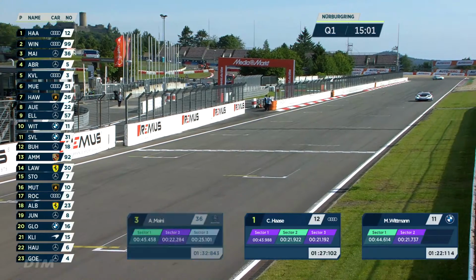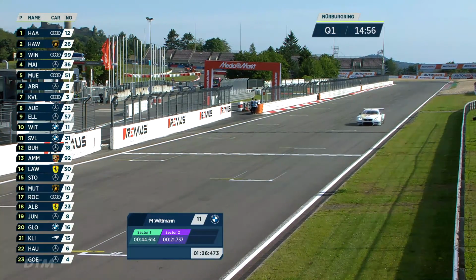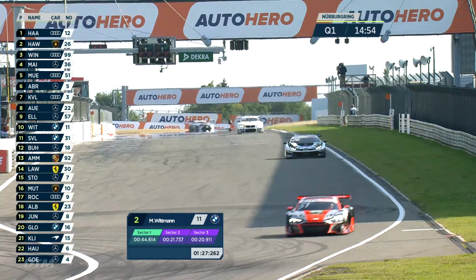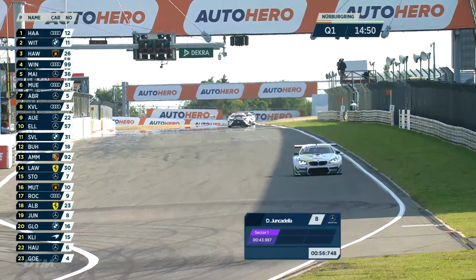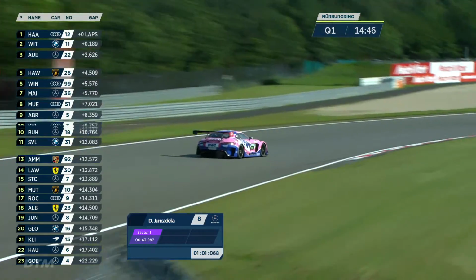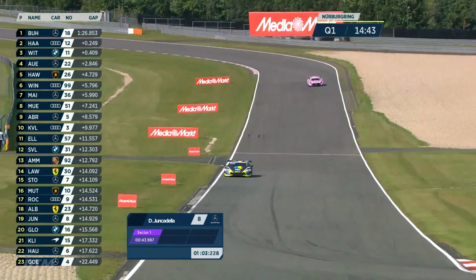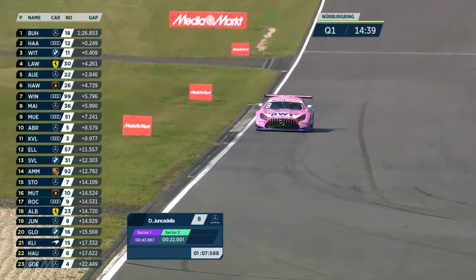Got Christopher Haas setting the first really quick time of the session now. Then that is straight down to business for Christopher, 1:27.102. So we are already quicker than yesterday on that first proper lap that anybody's put in. Track conditions looking good. Marco Wittmann puts a 1:27.2 in to go second, and Lucas Auer third. But Maximilian Buch, he's the first driver this weekend into the 1:26s,